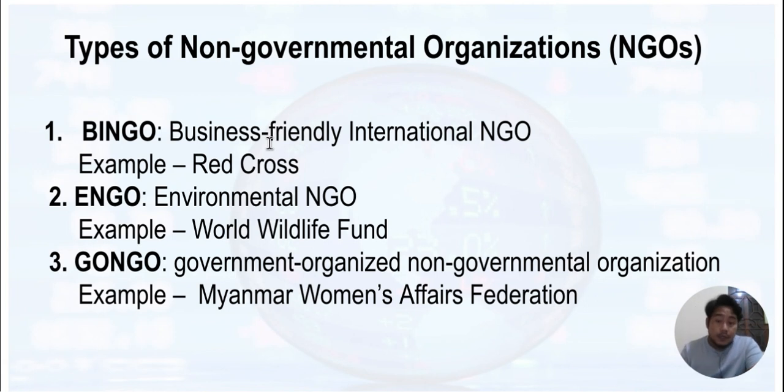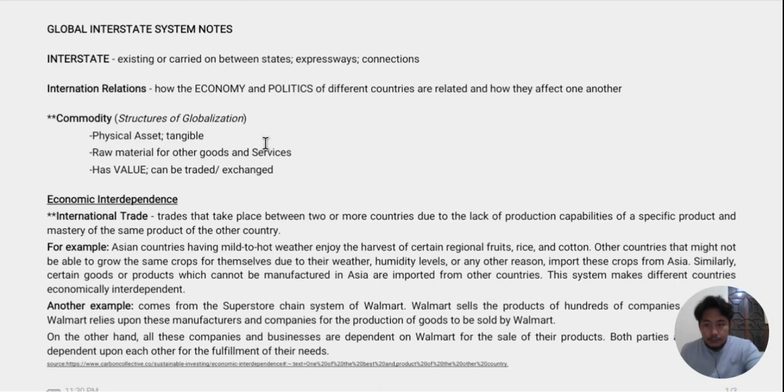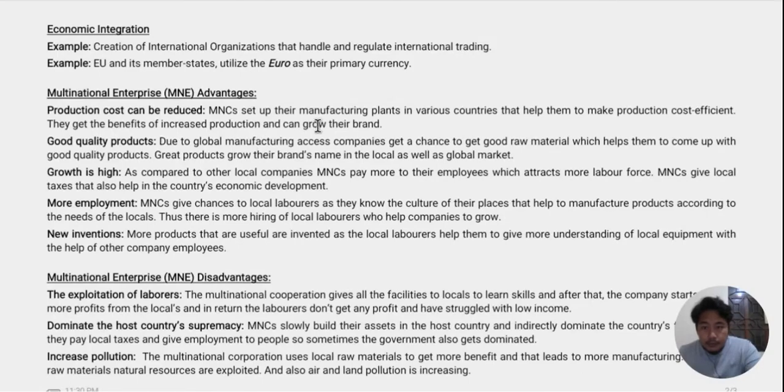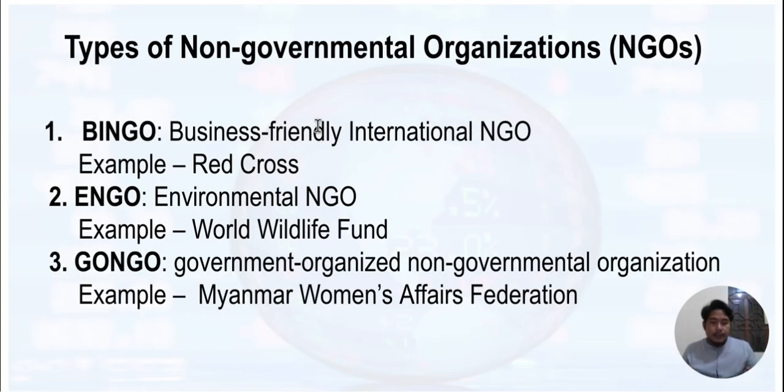Now, the third one is the GONGO, which is a government organized non-governmental organization. So basically, the GONGO is still considered a non-governmental organization. However, the difference of the GONGO with other NGOs is that it can be partly supported by the government or the host country. For example, we have